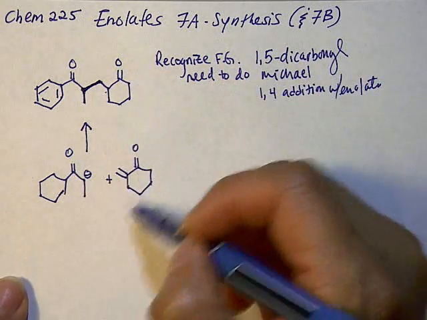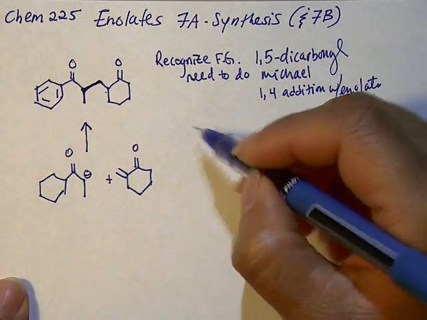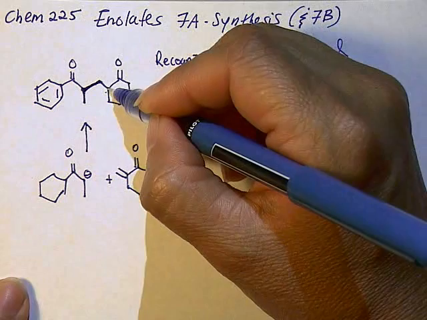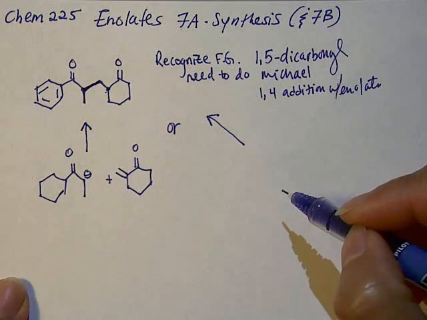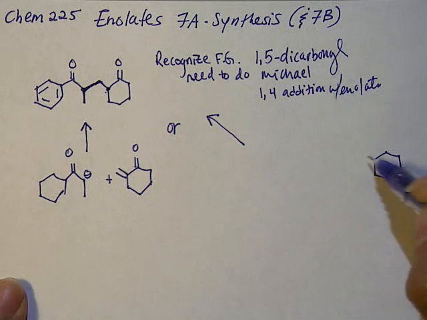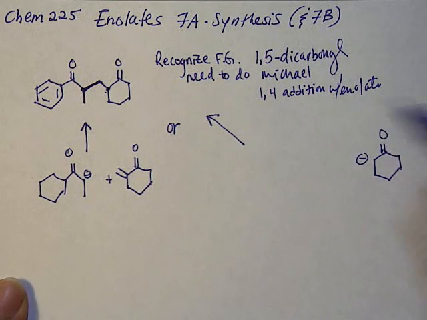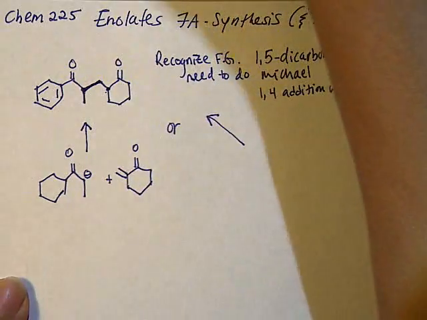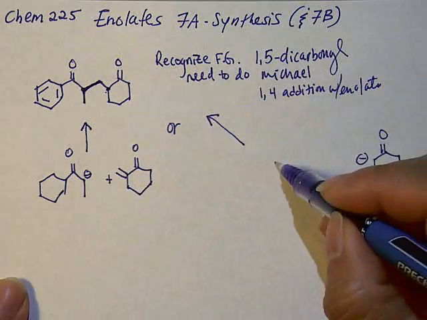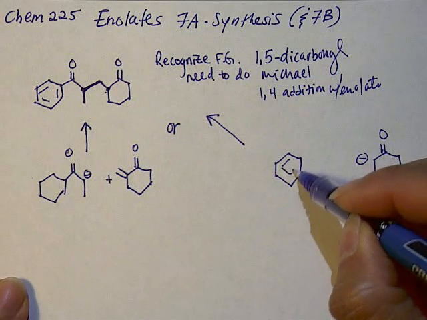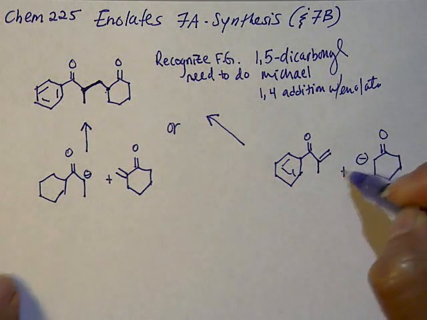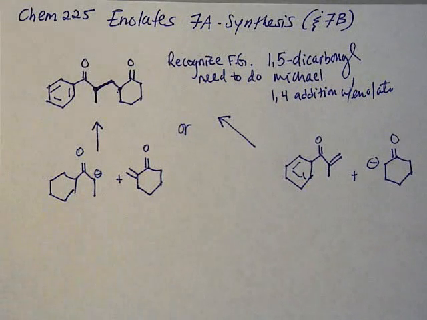So that would be one way to make this. Or we could try making the enolate with this as my enolate, which means that the enone system will be over here. All right, so I'm going to stop here and then continue on the next